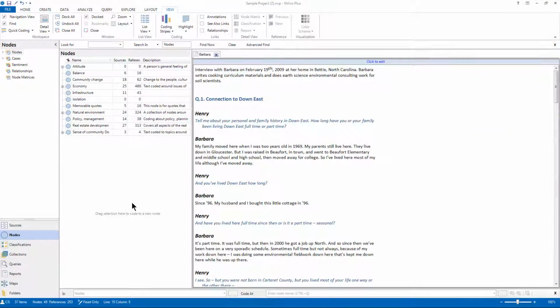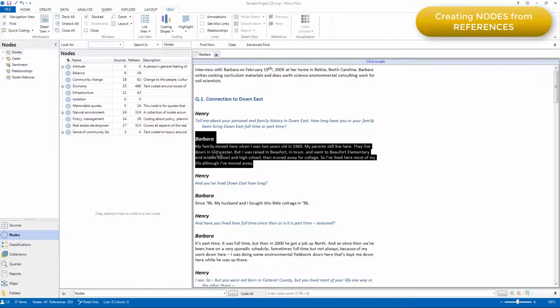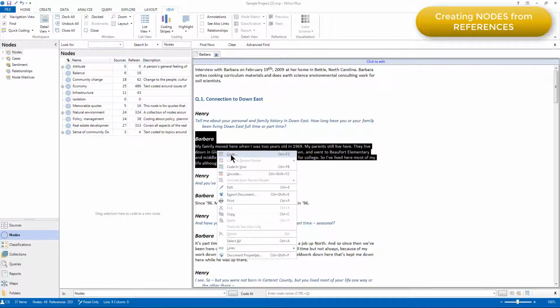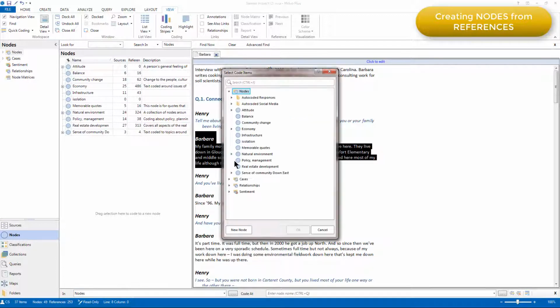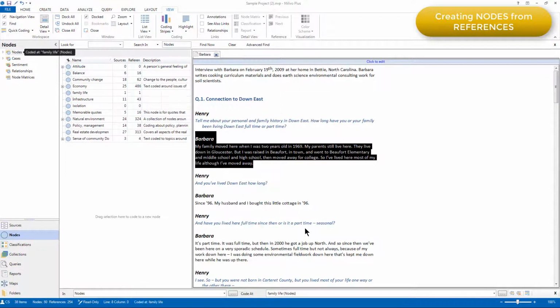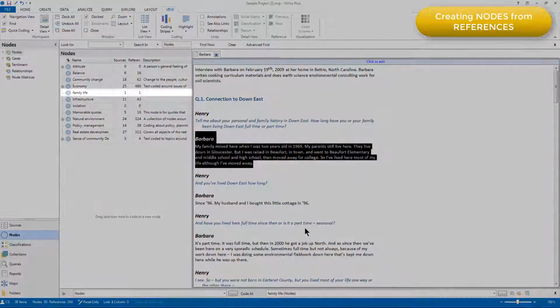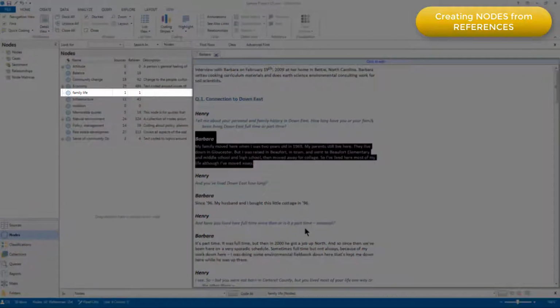I can also create a node at a position in the data. I've currently got an interview transcript open, and I can select the reference that I'm interested in to generate a code from this position just by right-clicking and choosing the New Node option, naming it and clicking OK, and you'll see that the new node appears in the nodes list and has been